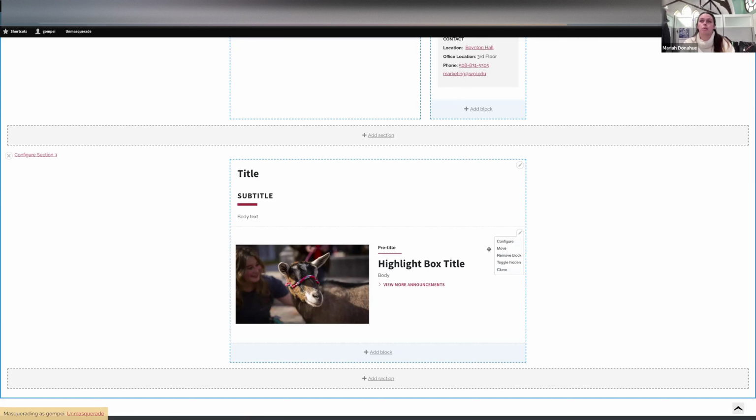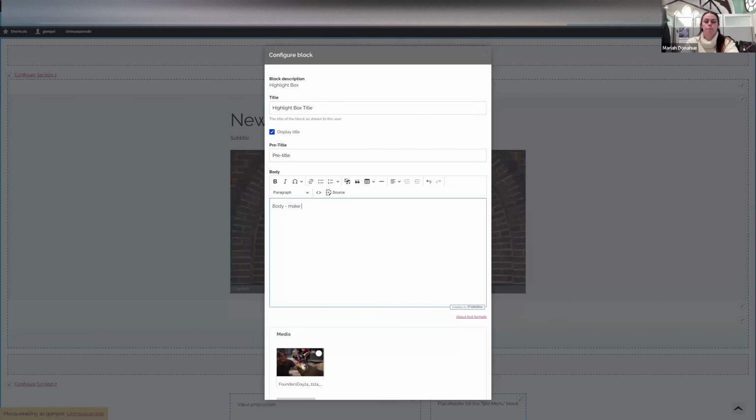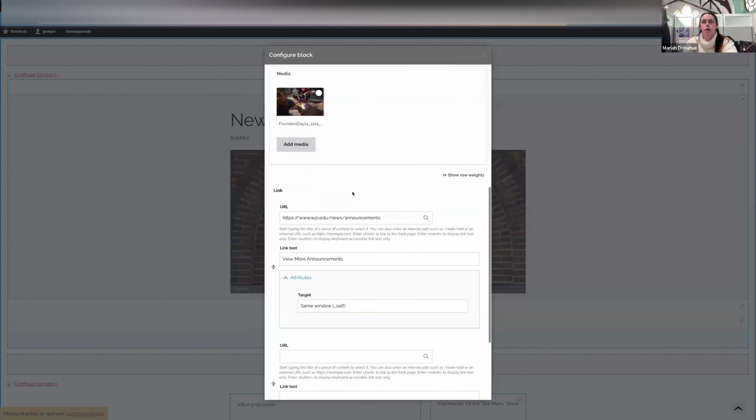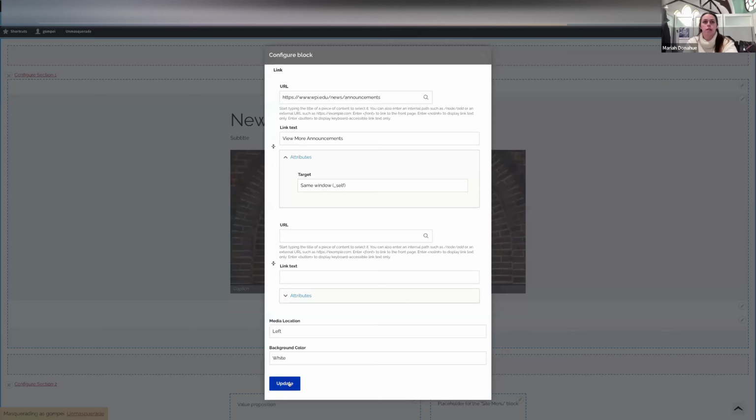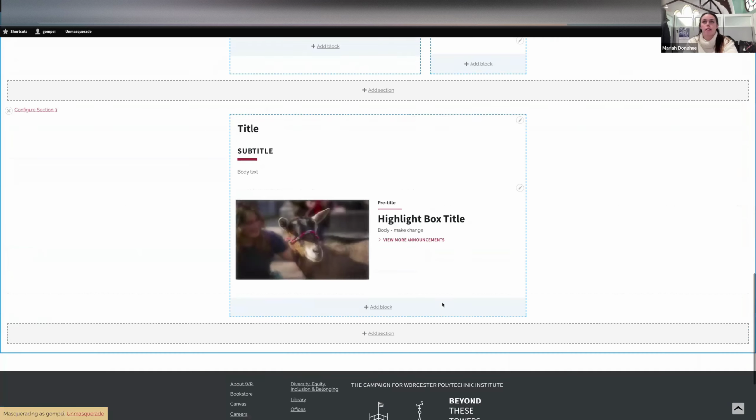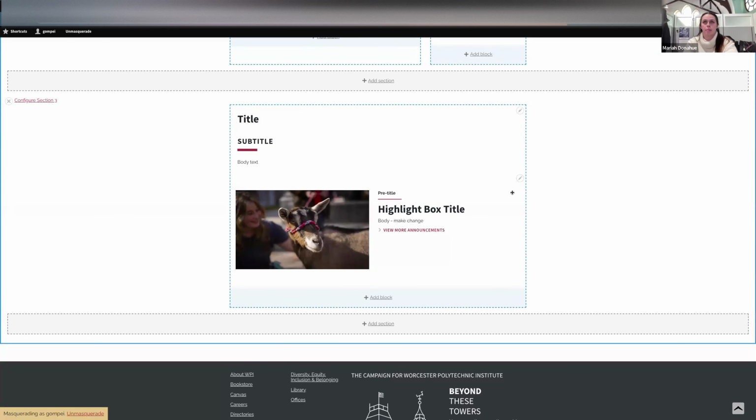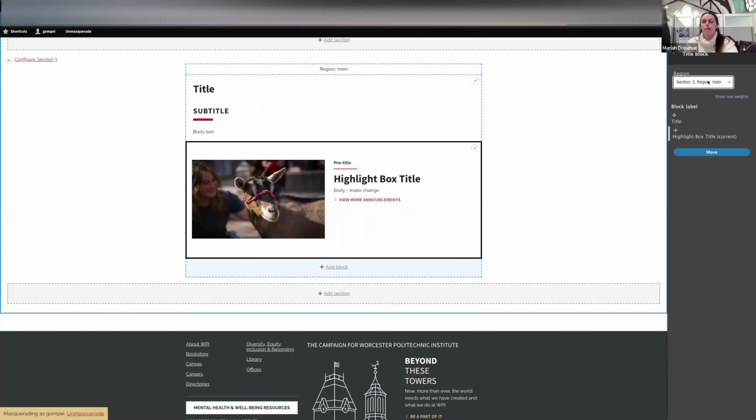So if I wanted to make a change to my highlight box, I'll click configure and I'll make a change to my body or the title, whatever it is that I want to change, and I'll click update, and then that's going to update my block. I could move it. I recommend using this move feature if you're moving a block from, say, section 3 to section 10, so that you don't have to drag it all the way down the page, but you can drag